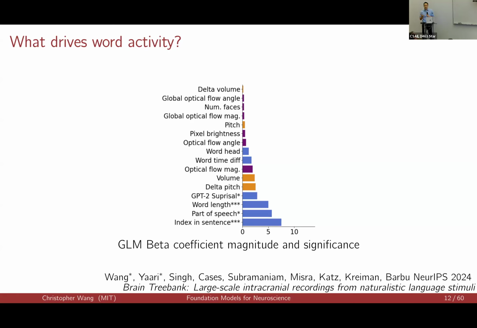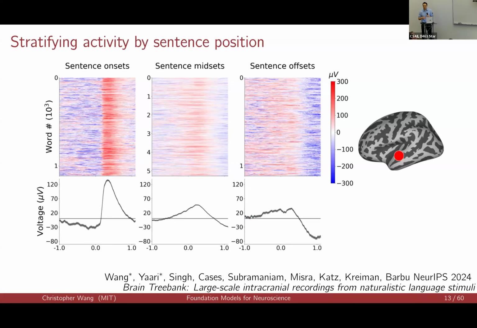But because we have data at scale, we don't just have to do GLM analysis. We can actually do direct subsetting studies. If, for example, you suspect that position in sentence modulates brain response, you can do something like take all the words at the beginning, middle, and end of a sentence, bucket them accordingly, average across words in each bucket, and indeed there is a differential response to words depending on where they are in a sentence.